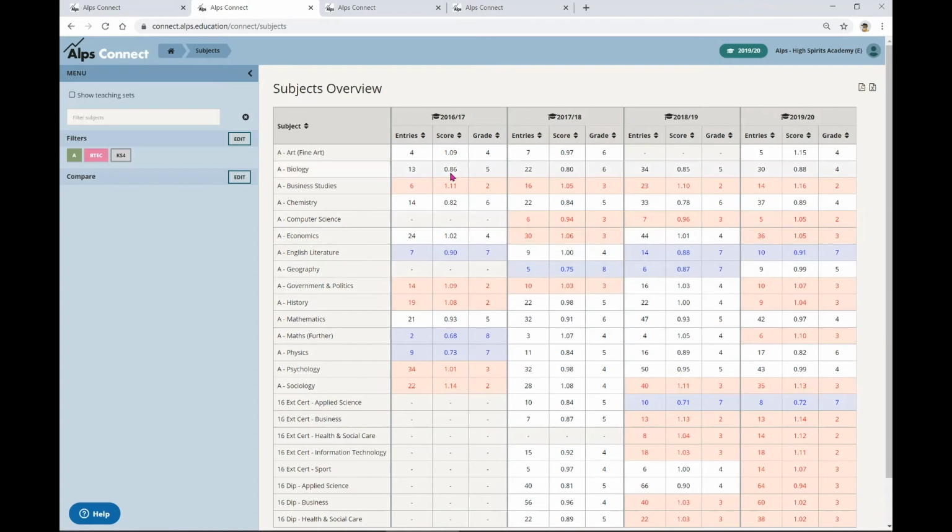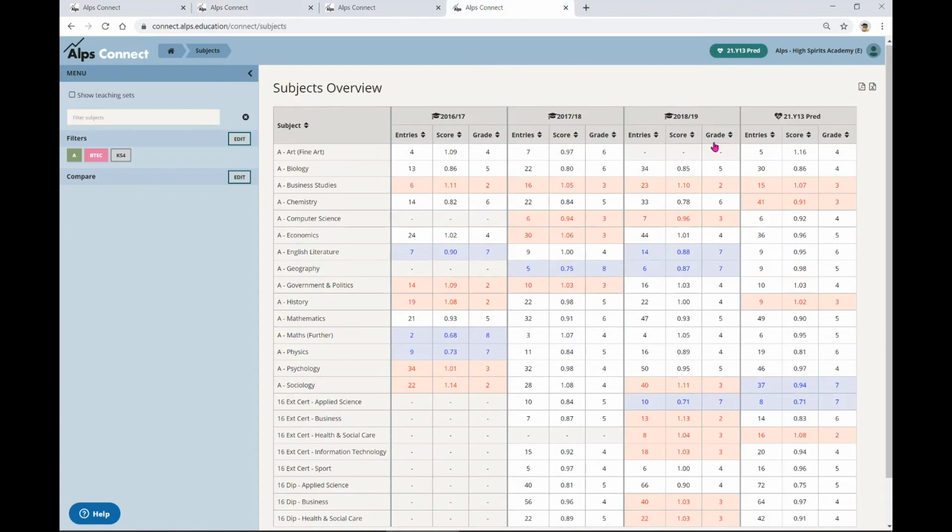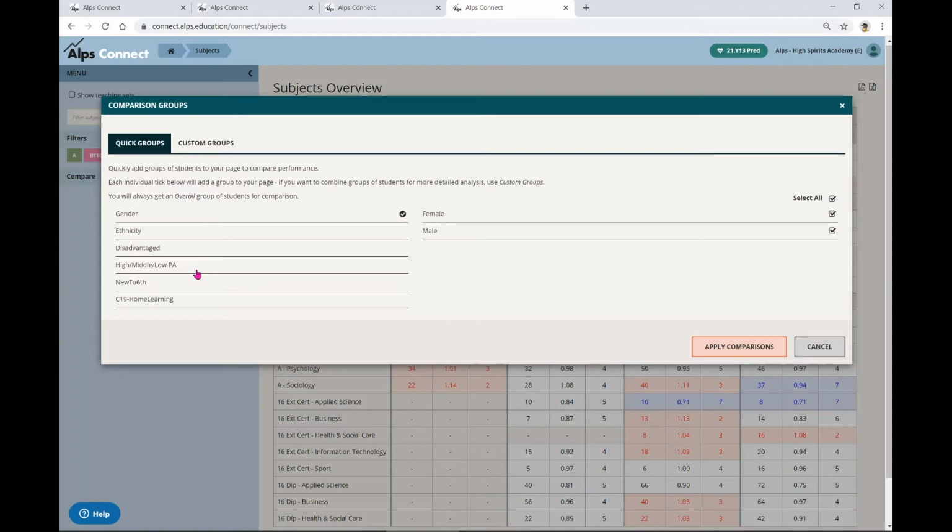One of the other things to think about, if I come back to our current students, is to look at the profile of the youngsters. One of the features within ALPS is this high, middle and low. Just while I'm here, this set of categories here are ALPS defined, and these two at the bottom here are defined by the school. So you can see here that staff are asked to rate students and put them into 3 categories of how well they engage with their home learning during lockdown. So I could apply that comparison.